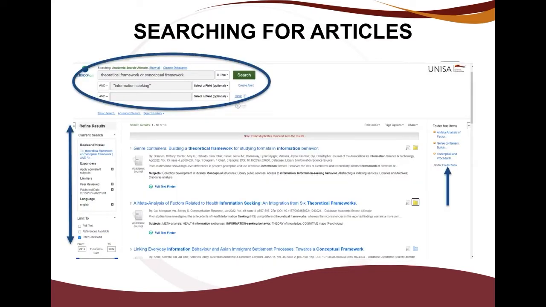So this is the search function. This is a search example that I've done. I looked at the theoretical framework or conceptual framework in my area of responsibility, the information seeking of any of our clients. My theoretical framework or conceptual framework became too big a search. So I told the system I want these terms in the title of my articles, and then this can be my keyword or it can appear in the subject field of my searching. But before I even